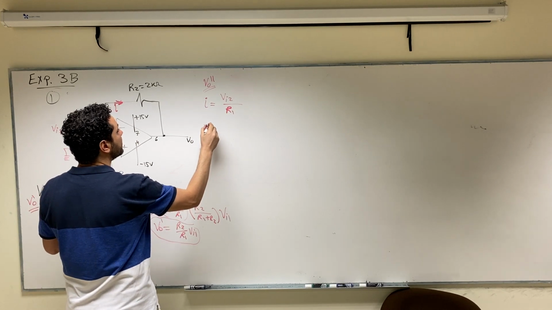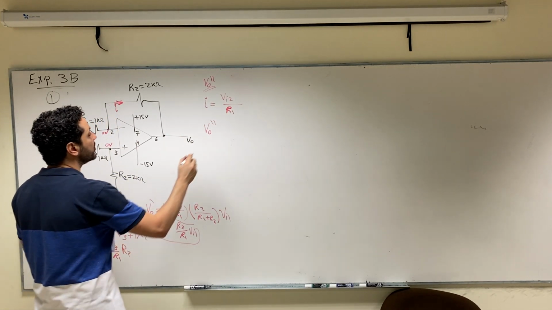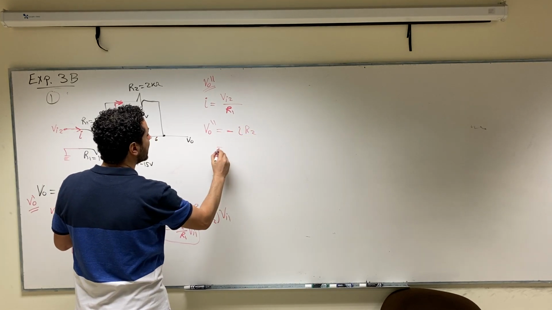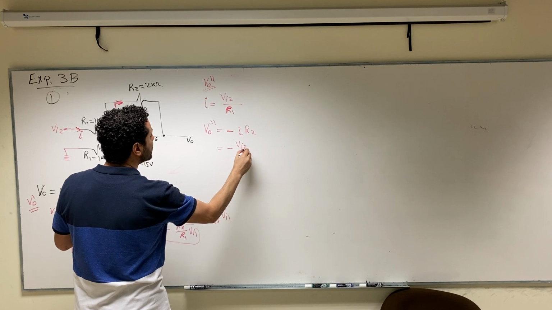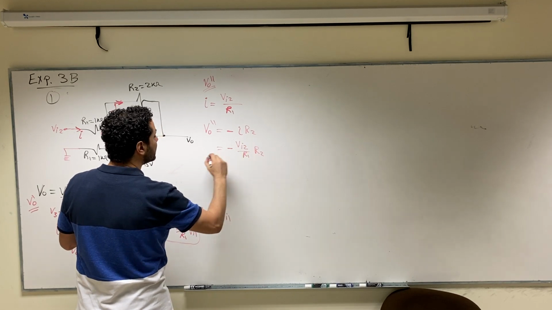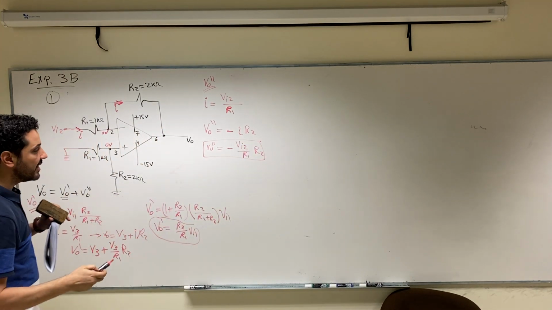In this case, V output double dash will be equal to negative I R2, which is negative V input 2 over R1 multiplied by R2. So this is V output double dash. Now the total output,